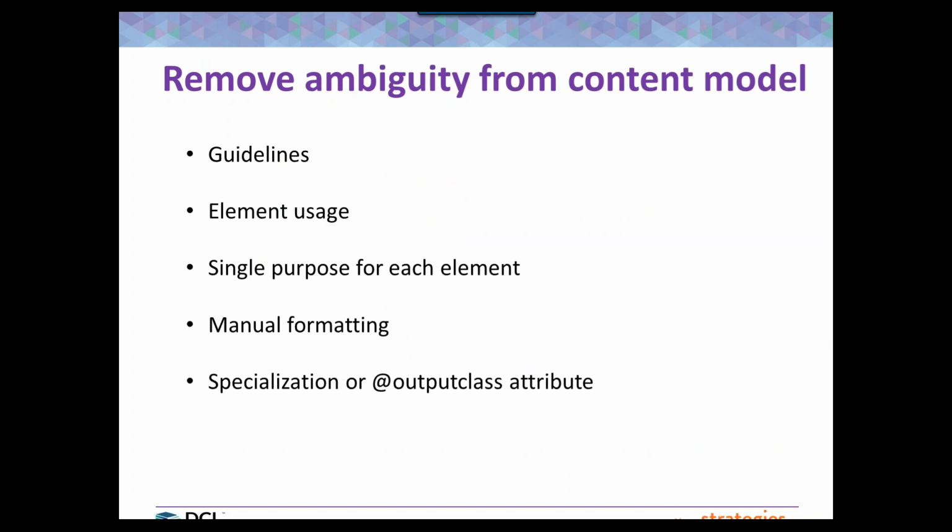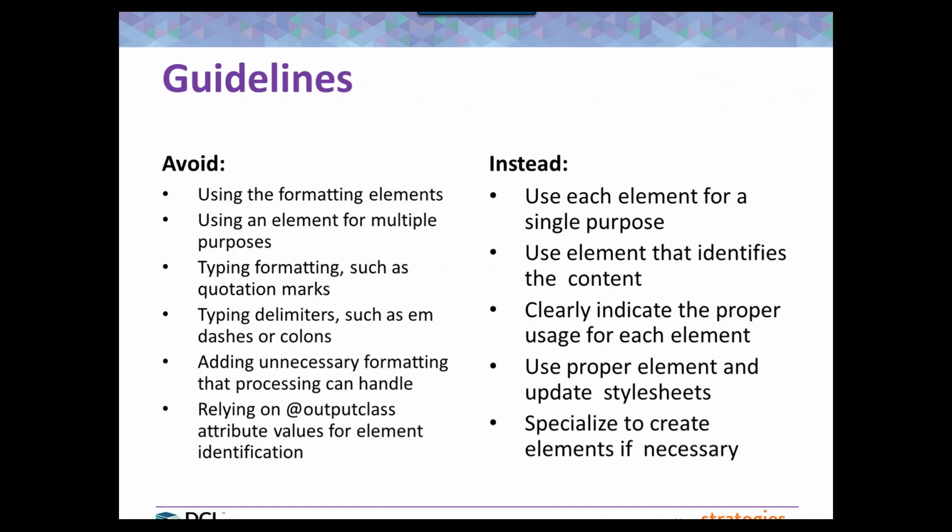So I mentioned removing the ambiguity from the content model, and what I want to talk about is why this clarity is so important. So I'm going to spend a little bit of time on some guidelines, talk about some element usage, and then go through making sure that you have a single purpose for each element, avoiding manual formatting, and talking about a related topic, which is, should I use a specialization or an output class attribute? And of course, this will be a high-level discussion, but I think it's important that you think about these things. So the first thing to consider is